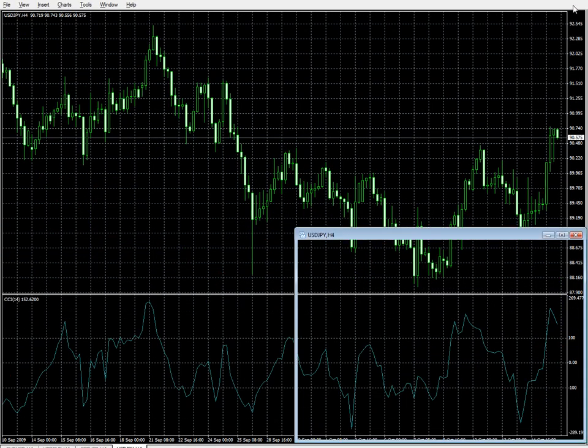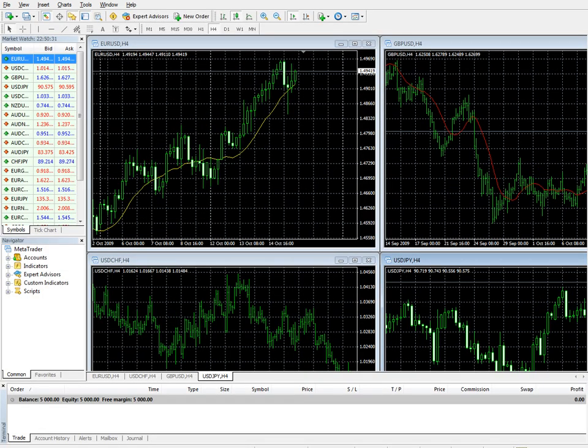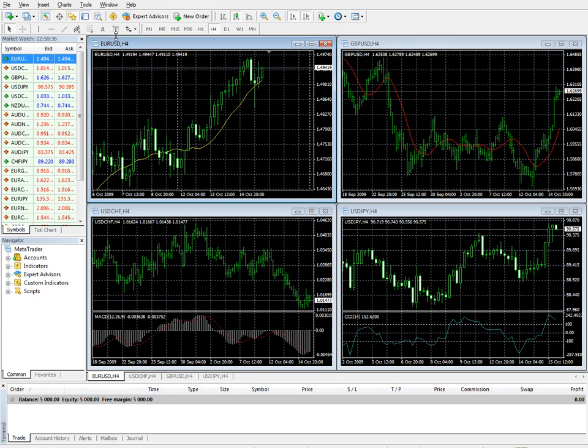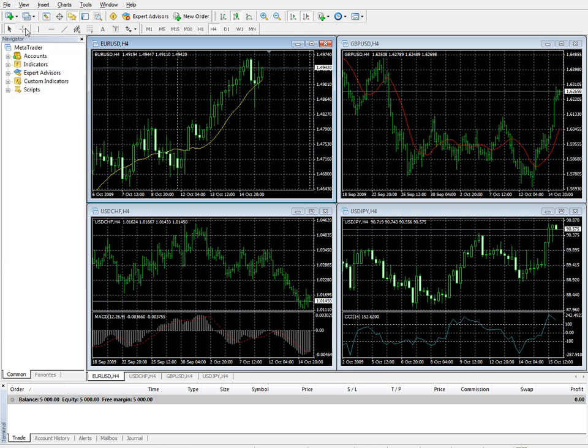Let's take that back to resize. And what I'll do here is I'll hit F11. We'll go back to the standard configuration, and we'll tile everything, and we're back set in the default configuration here with the default profile. Okay, now you can do things, Market Watch, which is window to the left,